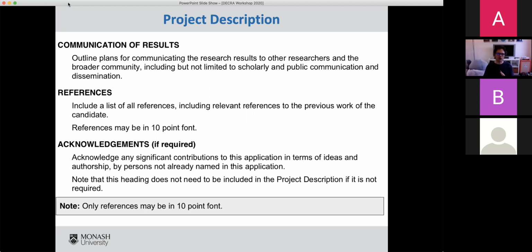But you don't kind of want to underdo any section. So for example, a good rule of thumb might be if investigator capability is 50% and you've got 10 pages for your project description, you probably don't want to spend only half a page on investigator capability. You probably want that first page, maybe that first 2 pages, given what you've also got available in section F, maybe first 3 pages to be about investigator capability. So broadly, so that the application is balanced with regard to the selection criteria.